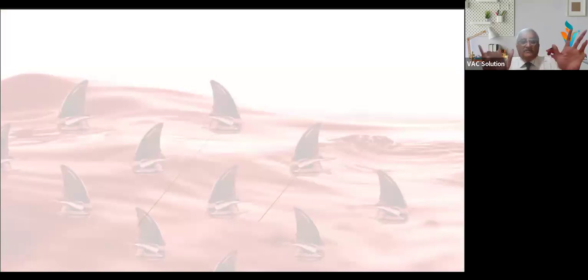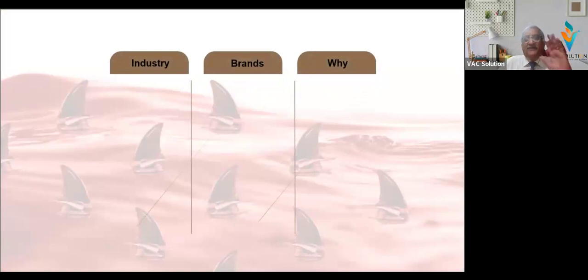Now, let us see some very famous examples of Red Ocean. We will take different industries and different brands, and we will see why we call them Red Ocean. We always say that where there is huge competition, prices are being driven down, but many a time we are unable to put a finger on it. Let us say the automobile industry. Can anyone tell me two companies in the automobile industry who are fighting with each other, and what it is they are fighting against?